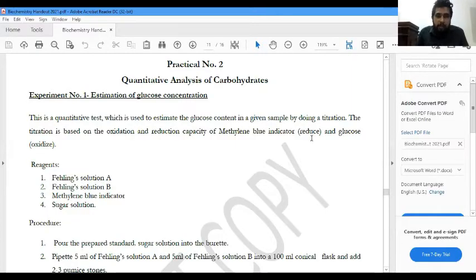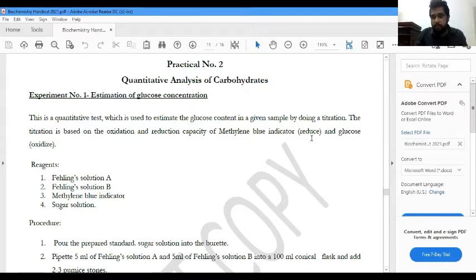Okay, then quantitative analysis of carbohydrates. This method is known as the Lane-Eynon method. In here we are going to analyze the glucose concentration of a given food sample. We have to adhere to some assumptions when you use the Lane-Eynon method, but this is widely